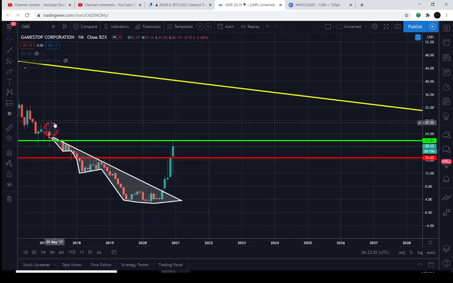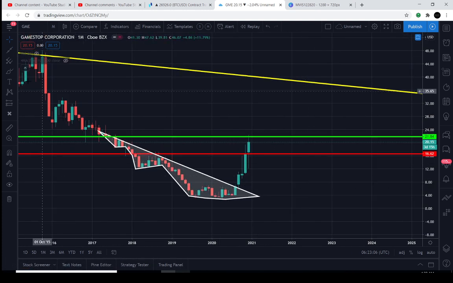So it broke out in August 2020. I do have a price target as long as the price can get above and stay above this green line here at about $21.50. Okay, if it can get above and stay above that level, I don't see why I'd have a